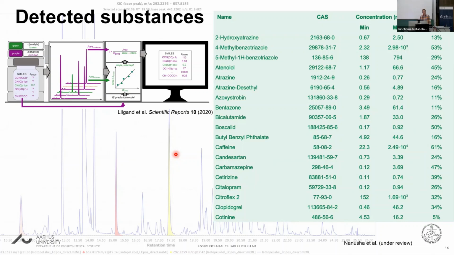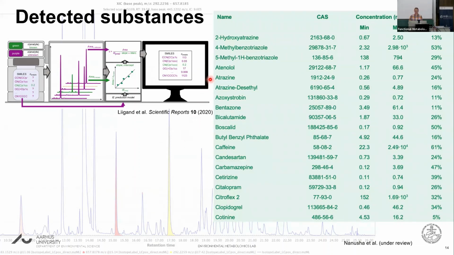And we feed that into this algorithm that contains certain moieties in the molecules, and from that it predicts the concentrations of the unknown molecules. So we know how much we've added of the internal standards, and from that we can calculate the concentrations of